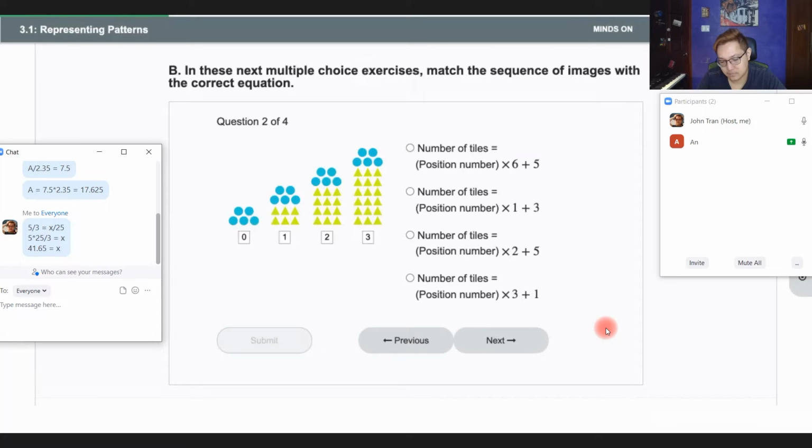Next is tile position number times 6 plus 5, because when you multiply by 0 you get nothing, and then you get 5, so you get 5 circles. And then for 1